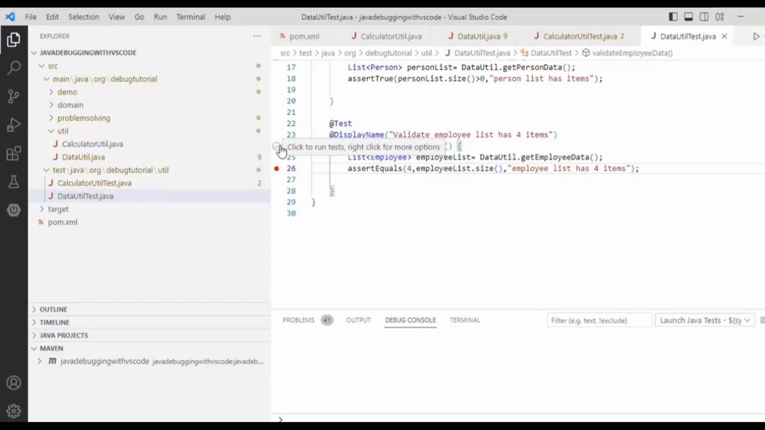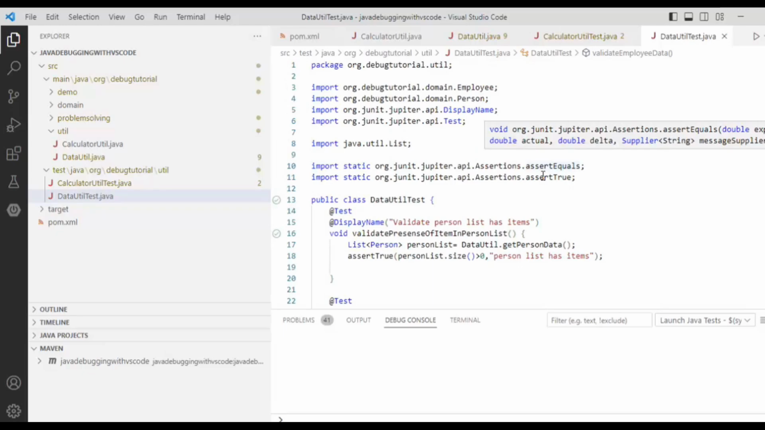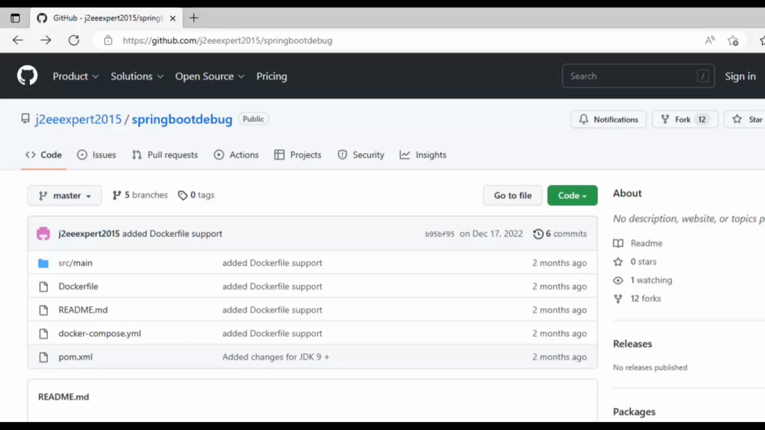But there we can run it at individual method or individual class level. In case of Test Explorer, we have more flexibility. So now we know how to run and debug JUnit test cases from the VS Code. In this lesson, we are going to learn how to debug a Spring Boot application both from local system and